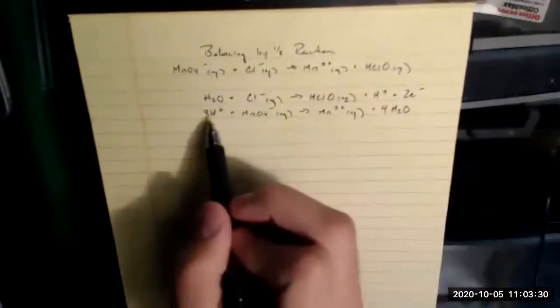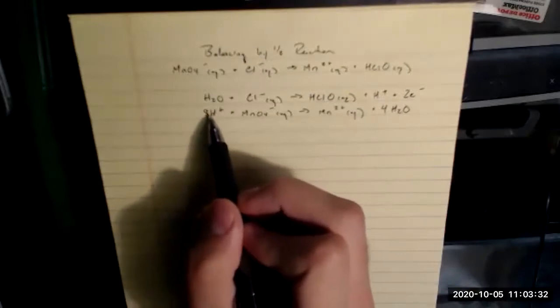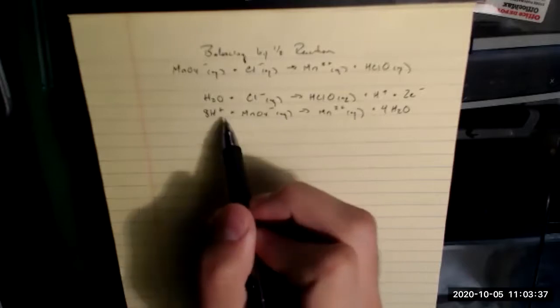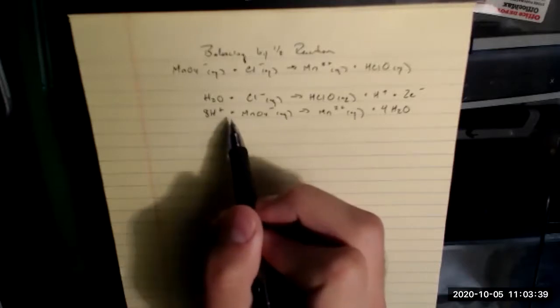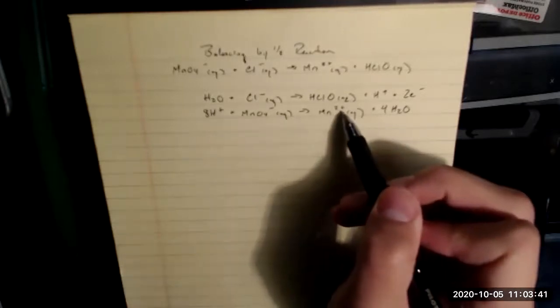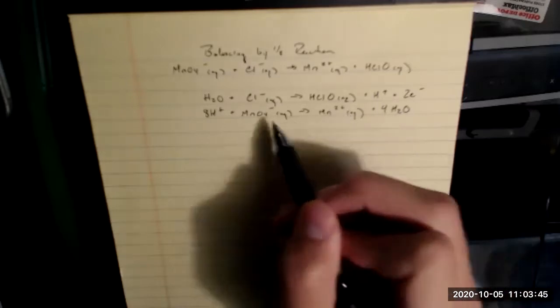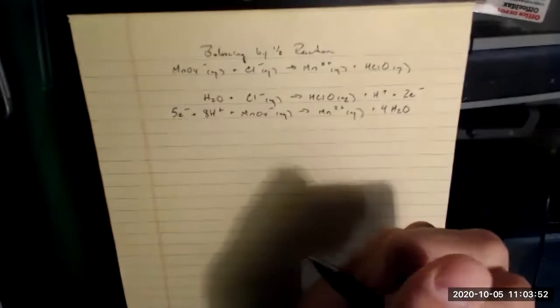My bottom reaction, 8H+, so that's +8. MnO4 minus, it's -1, so a total of +7 on my reactant side. Versus down here, +2 and neutral means I have +2 on my product side. So +2 and +7, I have to add 5 electrons to bring that +7 down to a +2 and be